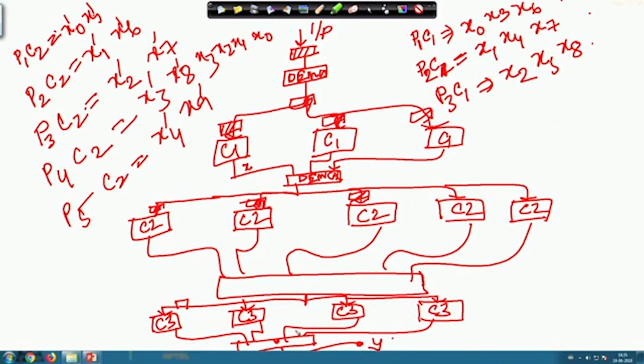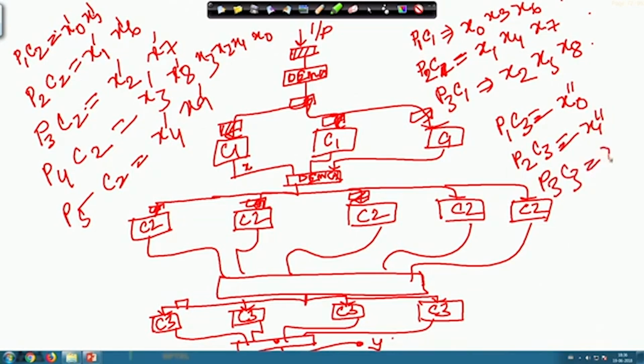Okay. So, for the C3 block, the corresponding for P1 C3 will be x0 double dash, for P2 C3 that will be x1 double dash, for P3 C3 it will be x2 double dash, for P4 C3 it will be connected as x3 double dash. Double dash is the output from this demultiplexer. Okay. So, then x4 will come over here, x5 will come over here, x6 will come over here and x7